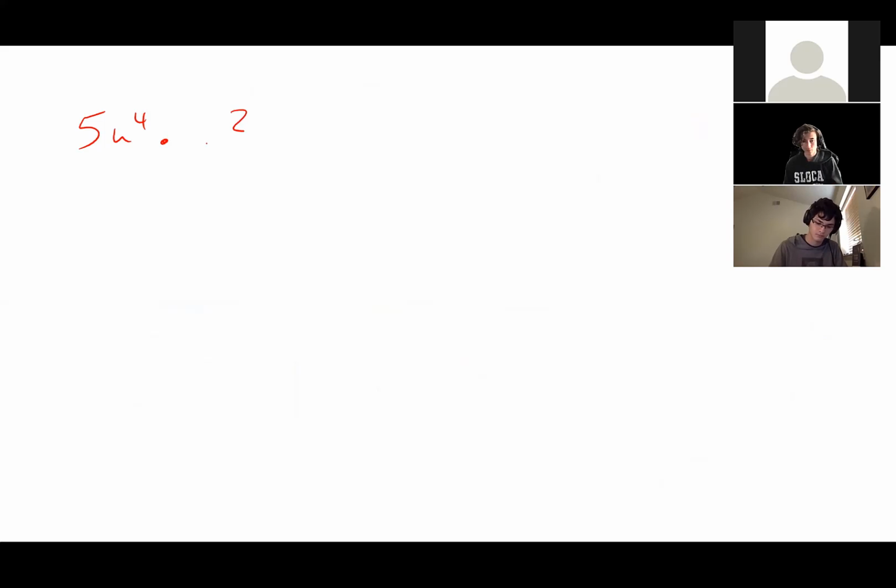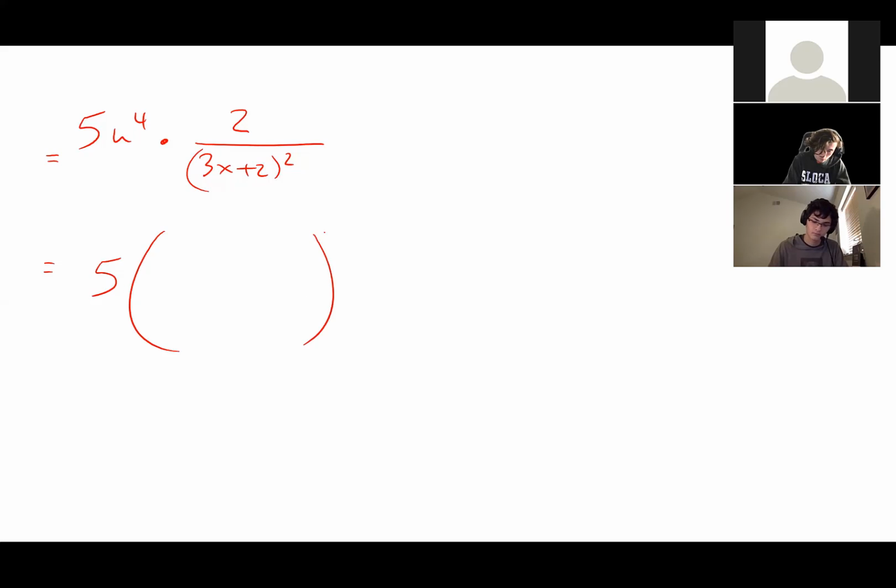And then we multiply times what was left on top and the bottom. And then we back substitute what the u actually means. So it's 5 times the original function as it was before, multiplied by